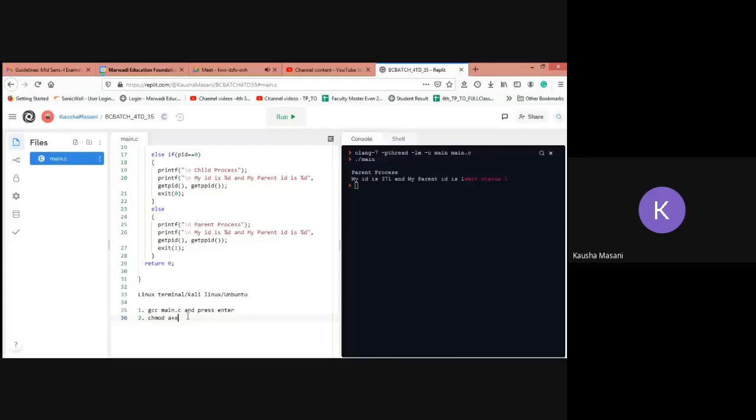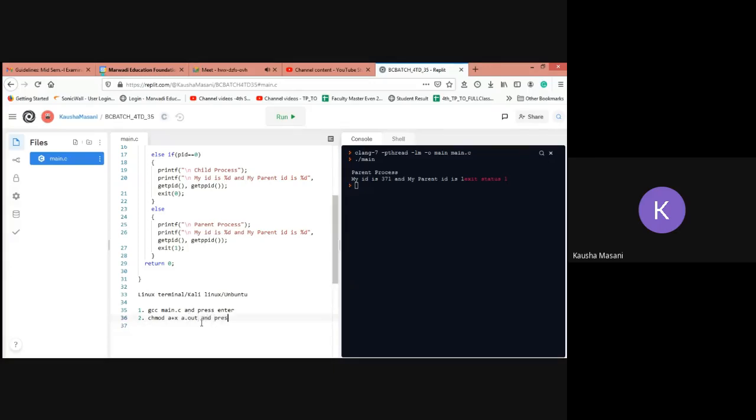The a plus x gives the file permission to be converted into an executable file, and we are updating the file name to a.out. a.out is the default Linux executable file. So we are converting our program file, whatever name you have given, into a.out, and you press enter.